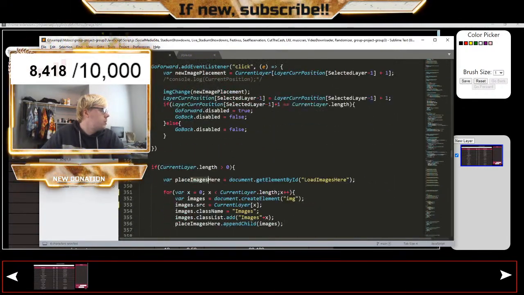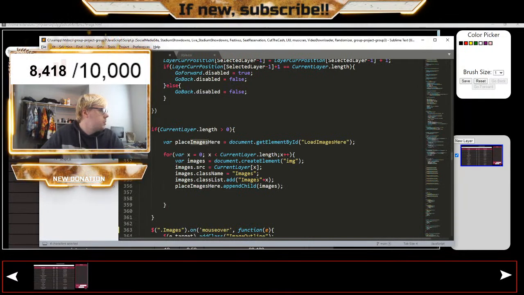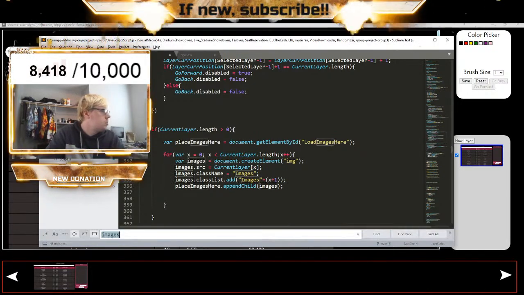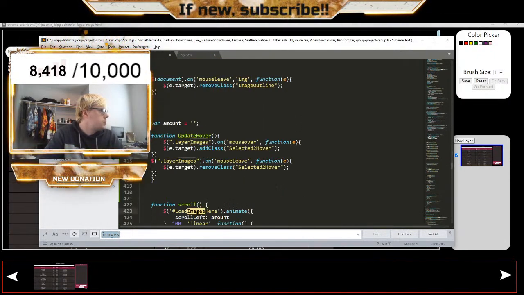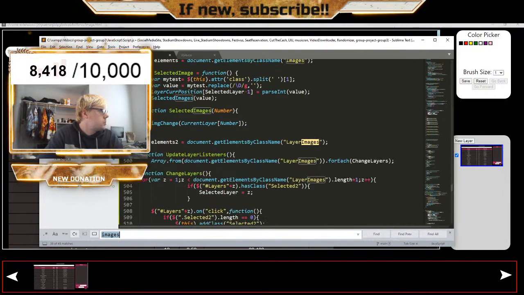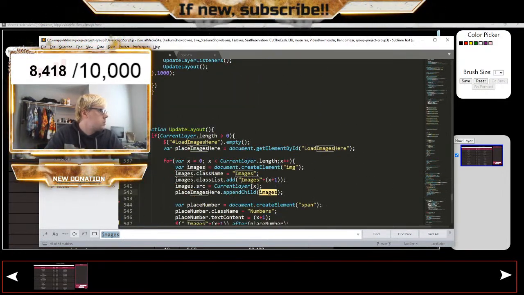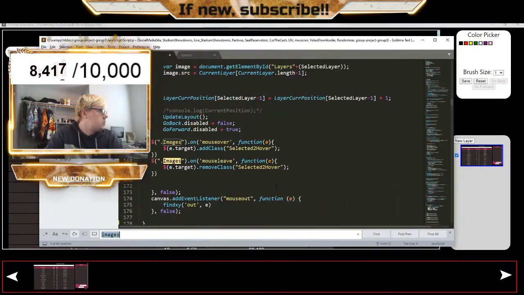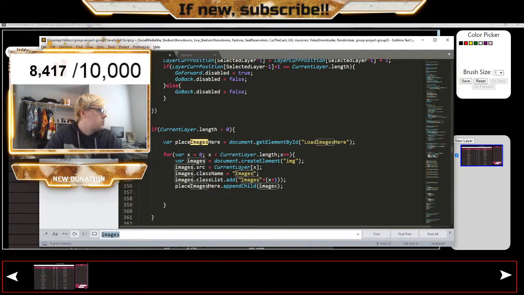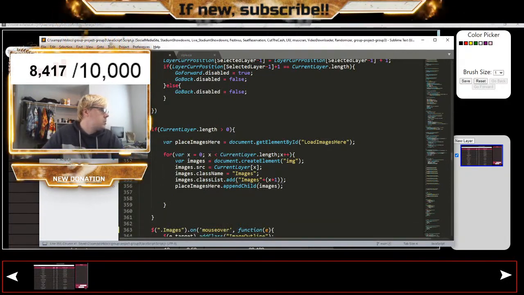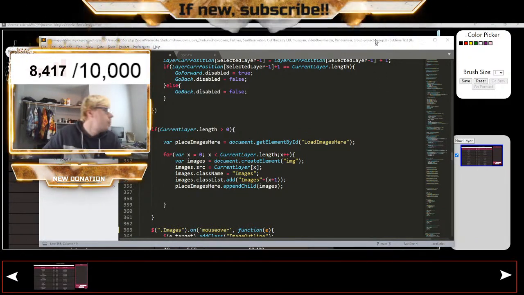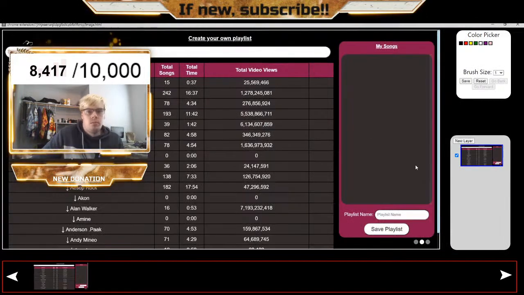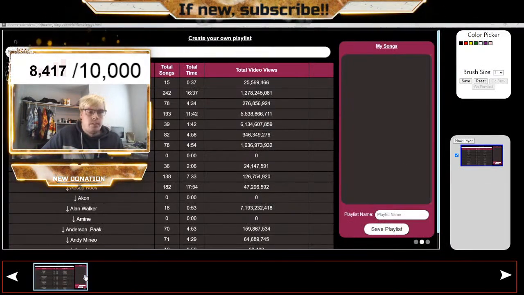If current, what is this? images.x plus 1. Current layer length. Okay, let's try this again. So now this should have the value of